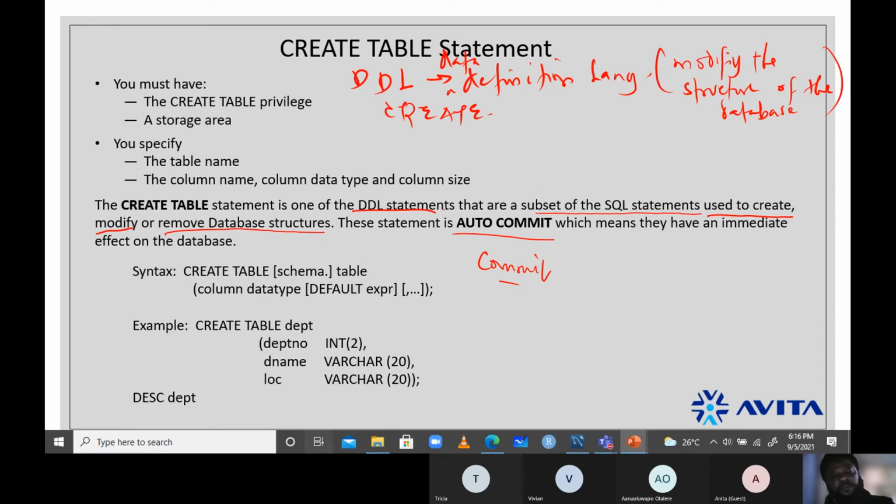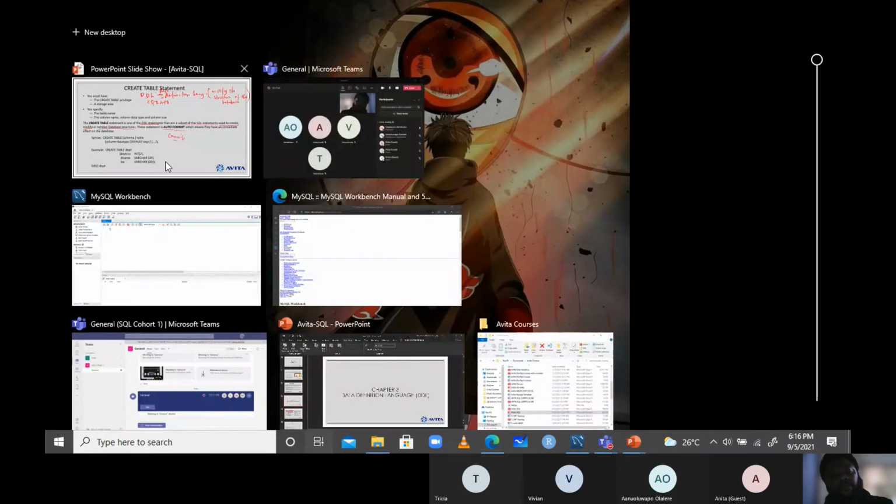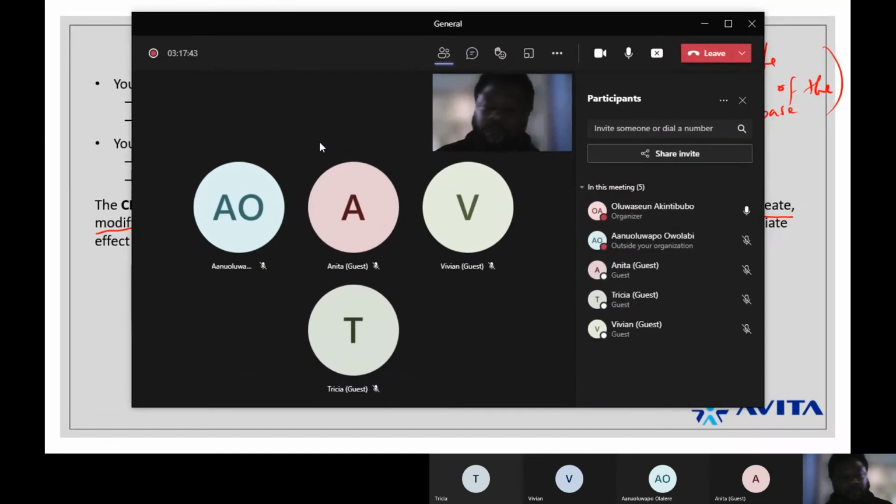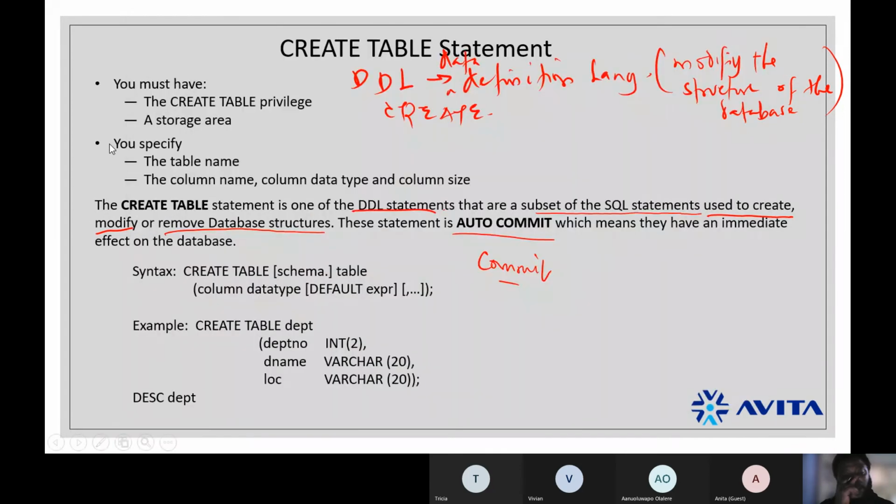Vivian, Anu, Tricia, Anita, anybody? All right. So when we talk about commit, it is actually save.